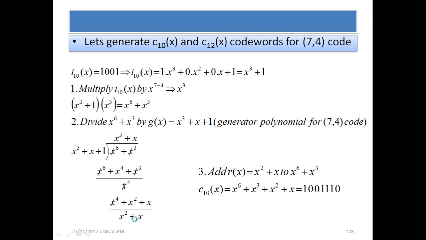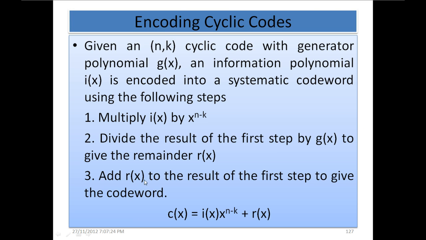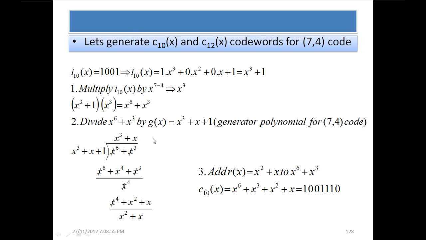Now the third step over here is to add Rx to the result of the first step to give the code word. This is the first step. In the first step, we multiplied x cube by x cube plus 1. So we will just concatenate or add this remainder with this term. So x^6 plus x^3 is written as it was multiplied, and x^2 plus x is added to it. And after that we will just convert it into the